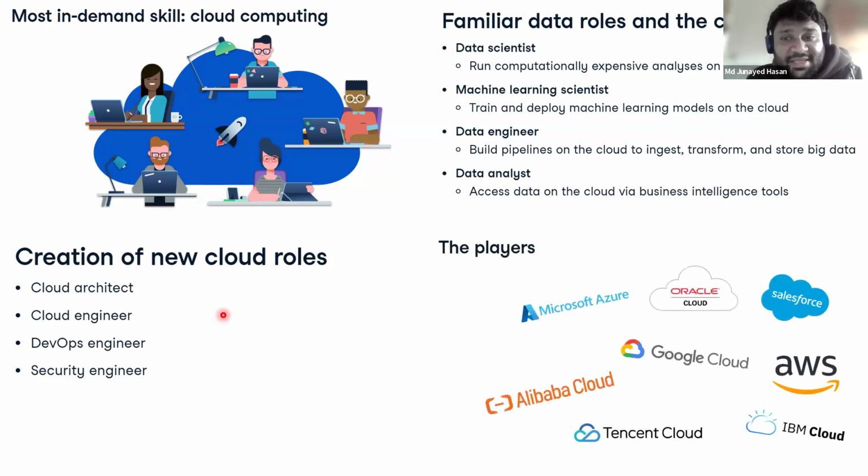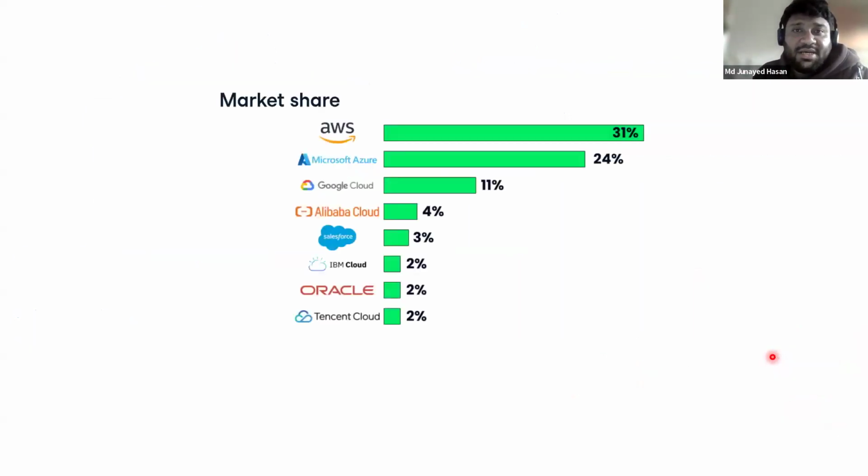And I will give you several examples, definitely, like the professor probably gave already today, and before that he also presented a lot of nice things. So different players are there: Microsoft Azure, I told you, AWS, IBM Cloud, Tencent Cloud, Alibaba Cloud. But in the market, I just wanted to share this: if you think, okay, I want to learn, and you see, oh, there is Oracle Cloud, it's pretty fancy, nobody is learning this. No, don't go for this 2% thing, okay? If you want to learn, learn these three: AWS, Microsoft Azure, Google Cloud.